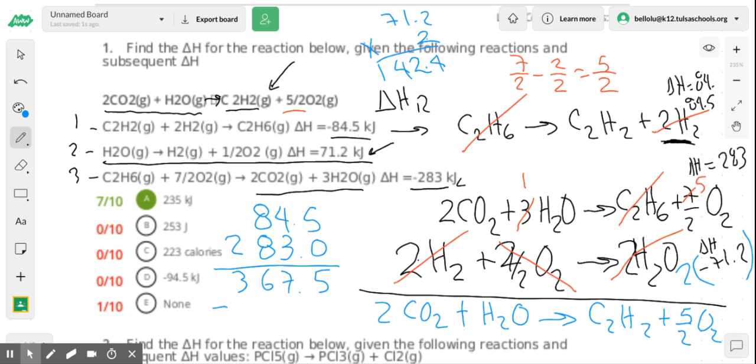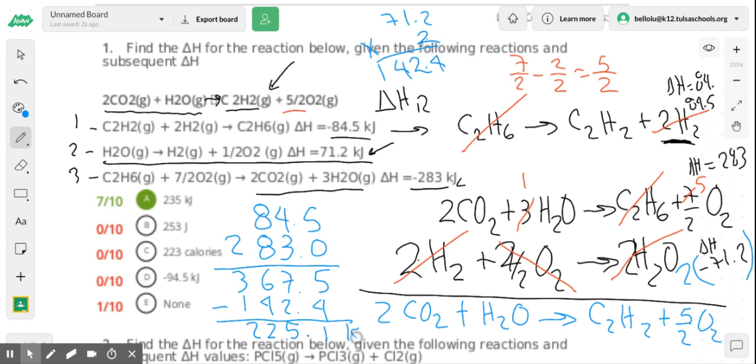So I need to subtract this one, 142.4. So the final enthalpy will be 367.5 minus 142.4, so the answer is